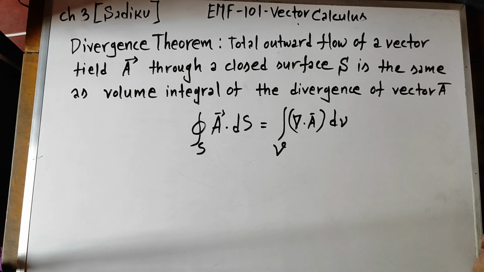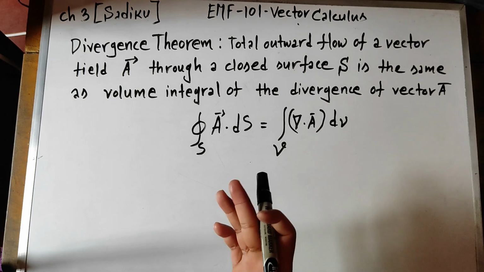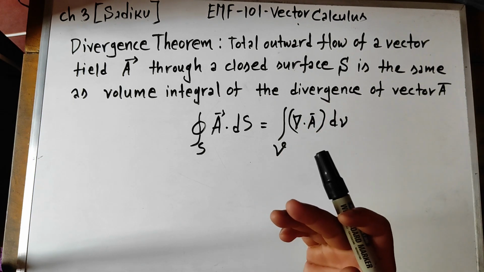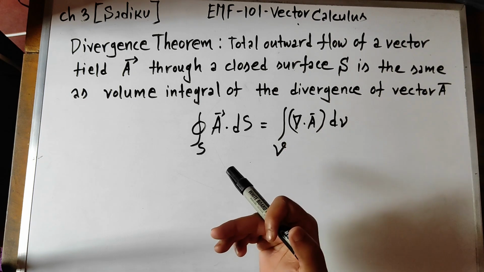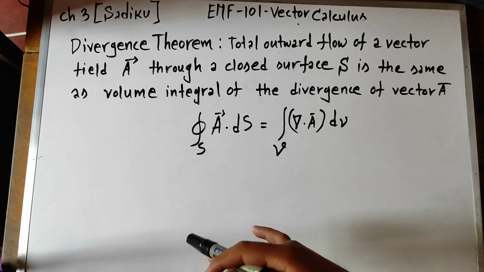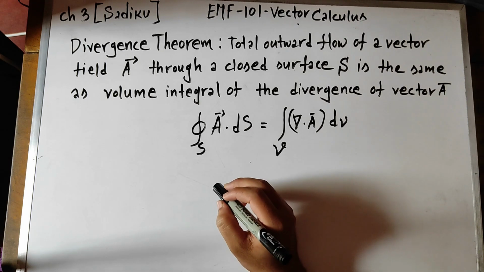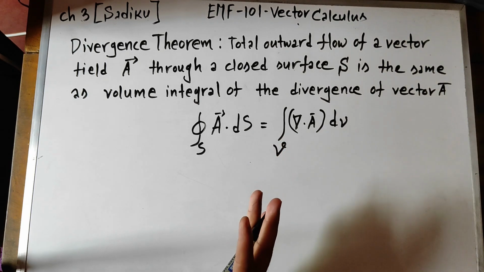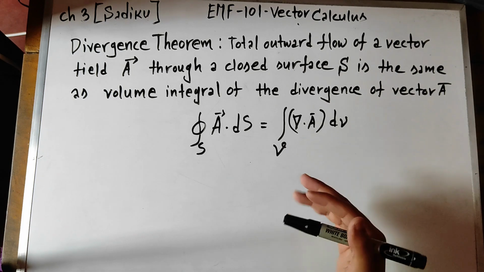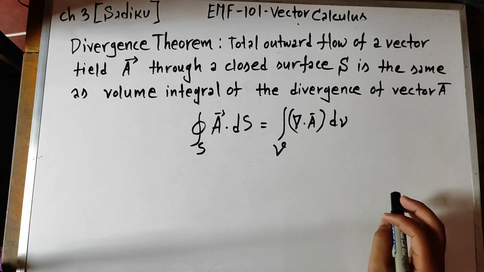In my previous practice exercise problem solving video, I discussed the divergence of a vector. The divergence of a vector measures the outward flux of a vector field, for example, the outward flux of a fluid or of a gas from a point in all directions through a surface per unit volume. So now